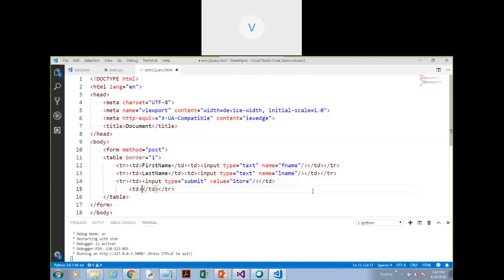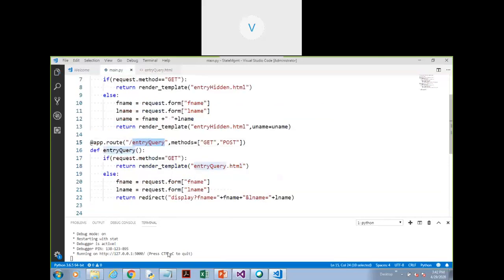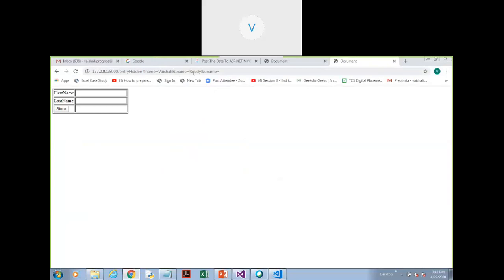Then we will create a query string and then we will manually pass it to some other page. So let's run this URL. I need to go to this URL. So this is the page.